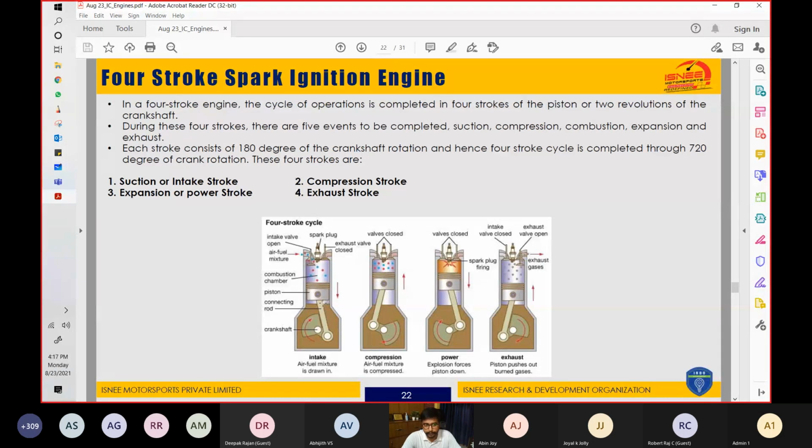So 4 strokes, 2 revolutions. And in each stroke, the crankshaft rotates 180 degrees. So in total, in 4 strokes, the crankshaft will rotate 720 degrees, as each stroke consists of 180 degrees of crankshaft rotation. Hence the 4-stroke cycle is completed through 720 degrees of crank rotation. And these 4 strokes are, first of all, suction or